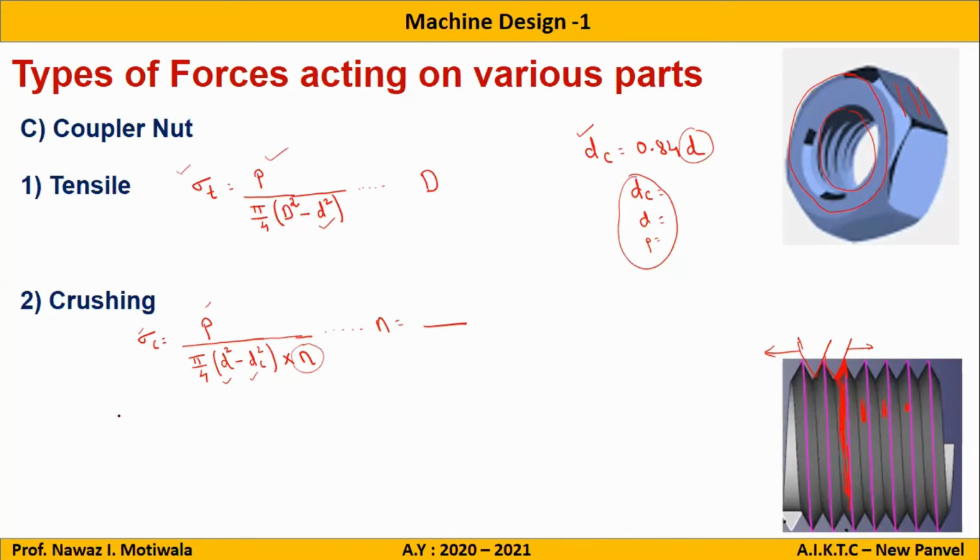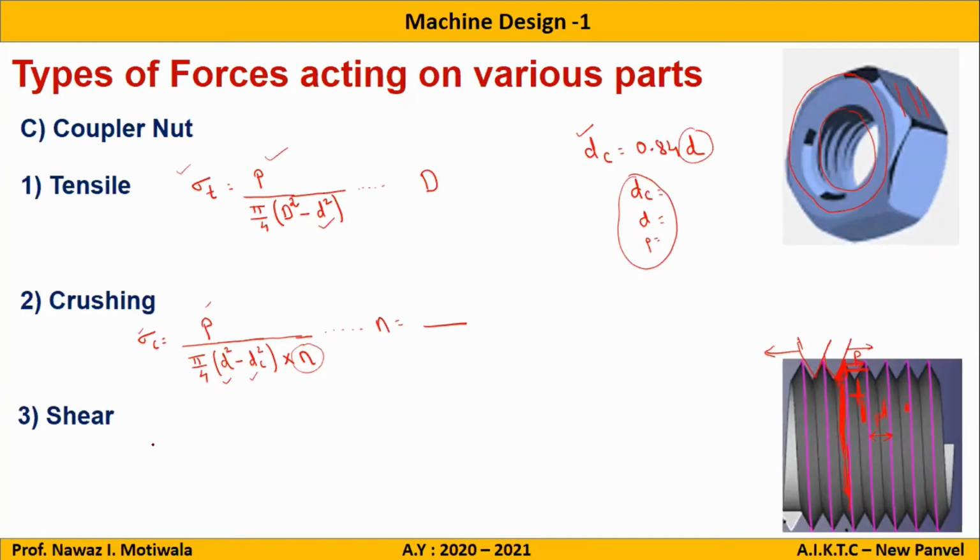What is the third type of failure? Yes, the third type of failure is shearing. Now for shearing, we know that when it is going to be pressed continuously, this will slide or rub this surface. This surface, this surface. And what is this surface? This is nothing but pi into DC. If you see the area of this surface, it is circumference area, pi into DC. And how much will it rub? Only this much. And what is this? This is nothing but pitch. यहाँ से यहीं आ सकता है, उसके आगे नहीं जा पाएगा, because there is a ring here. So the only distance it will travel is P.